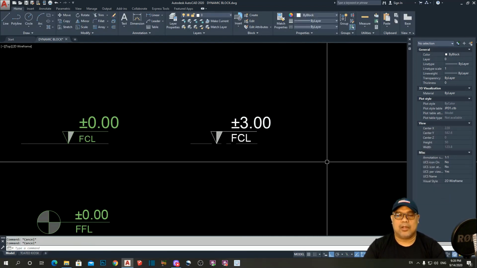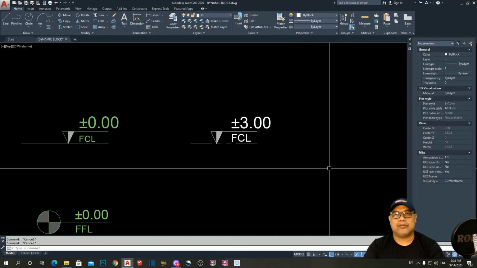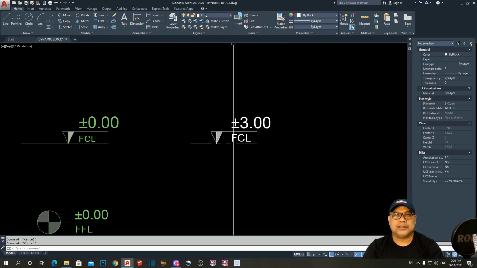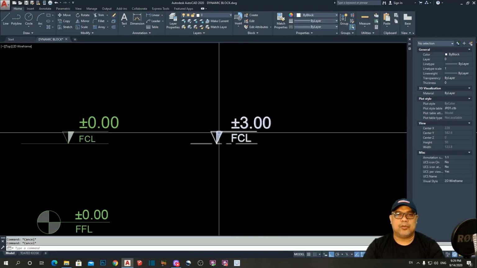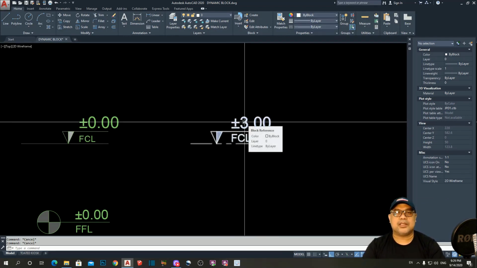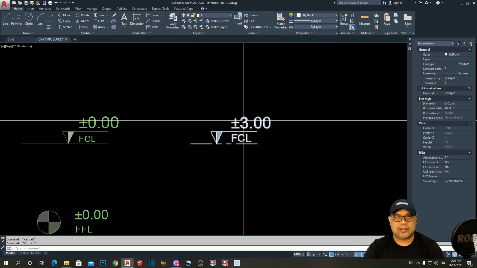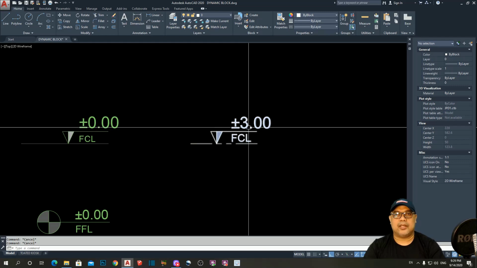Okay. Now, what is the importance why I am telling you that see to it that your layer is in 0 and the color is by block? You know why? Because it is very easy now to manage your block, easy to manage in colors. Okay? For example,